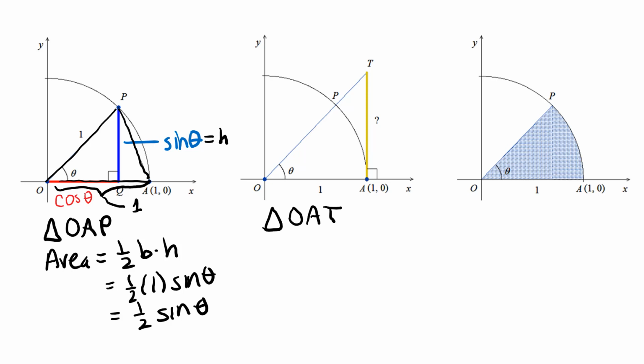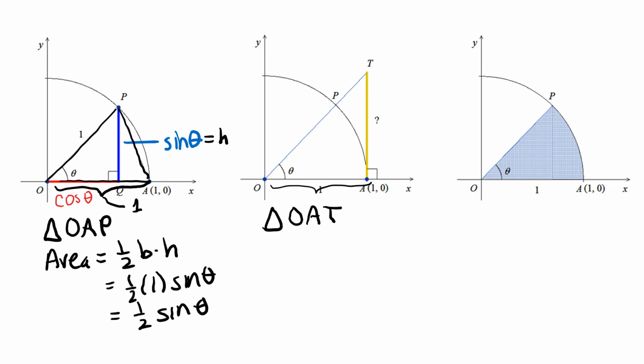Okay, so again, we can use the formula for area, 1/2 base times height, and the base of that triangle is this side, which is 1. But there's a question mark labeled on another side, which we're going to need to figure out before we can write down the area of this triangle. So in order to think about the length of this side that is yellow and has a question mark labeling it,